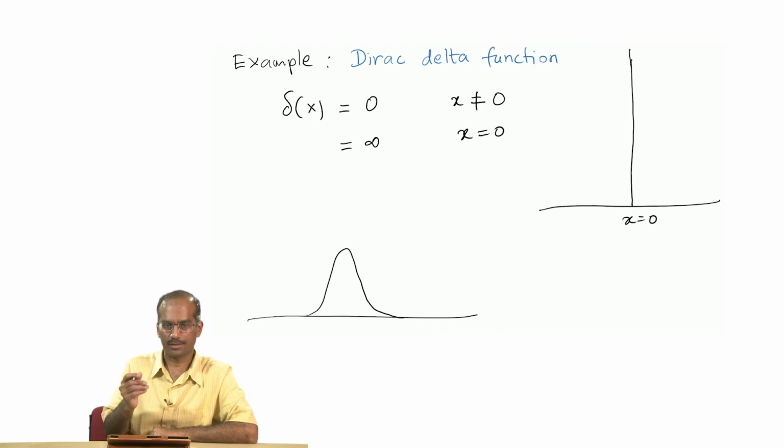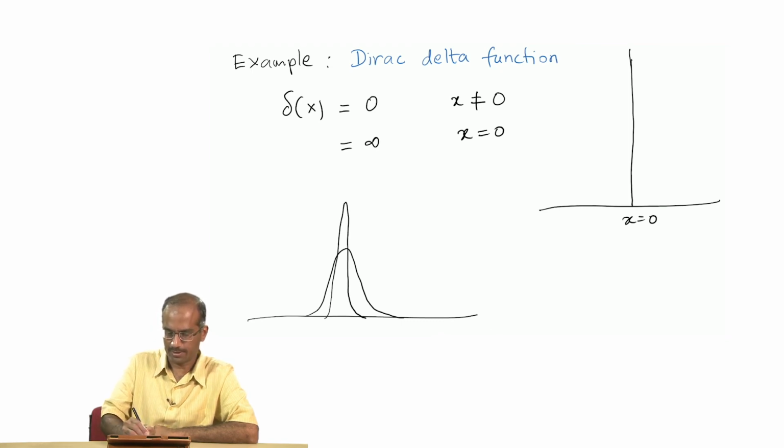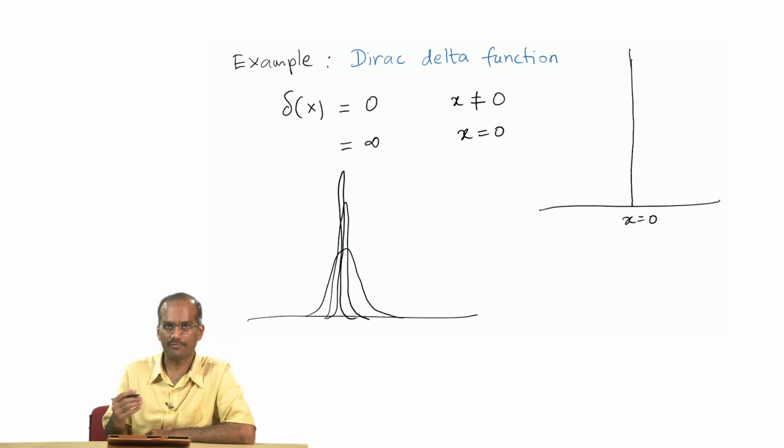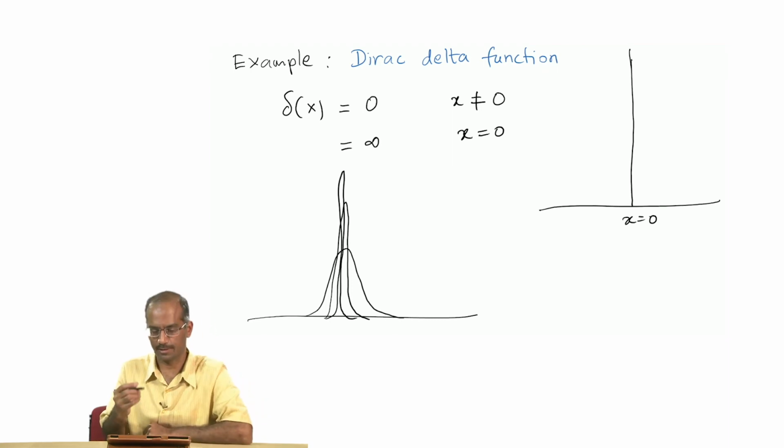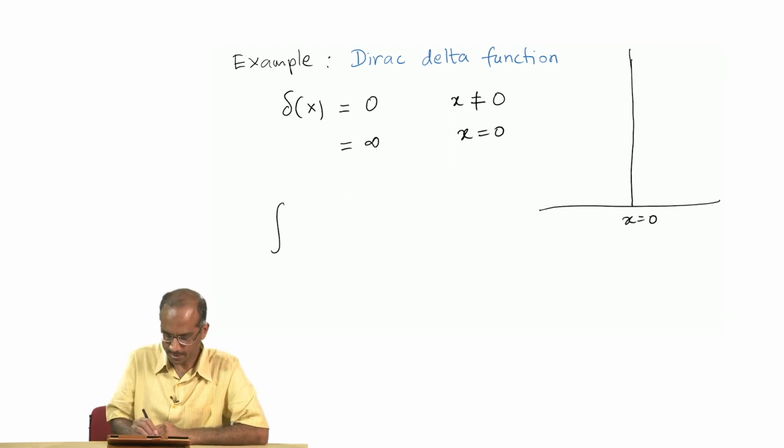As we just saw, as the width gets narrower and narrower, the height increases. So, you are going to see something like this. So, you can think of your Dirac delta function as a limiting case of this process of making the width smaller and the height getting larger and larger. It is defined by the property that delta x integrated over dx is equal to 1